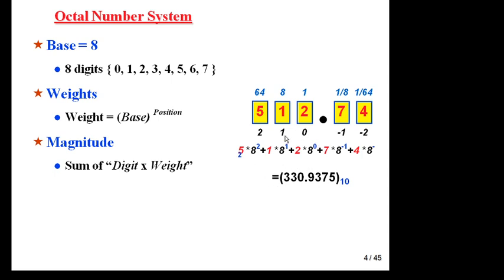This is your number 512.74. It is in base 8, and suppose you have to convert into base 10. I already explained about this. To convert any number whose radix is r into base 10, you have to apply this formula, digit into weight. And in this case base is 8, so you are taking positional weight 8 to the power 0, 8 to the power 1, 8 to the power 2, or 8 to the power minus 1, or 8 to the power minus 2. This is 8 to the power minus 2.